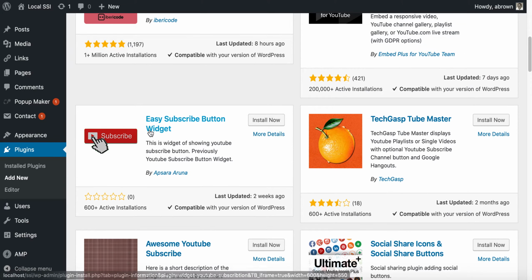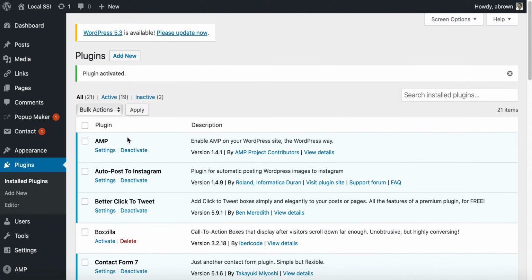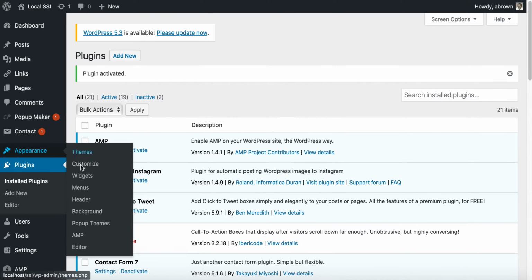If not, there's another one that I like to use that uses either your username or your ID, and so it's called Easy Subscribe Button Widget. Go ahead and click install, and once it installs here, we'll click activate, and it is activated, and we will head over to appearance, widgets,